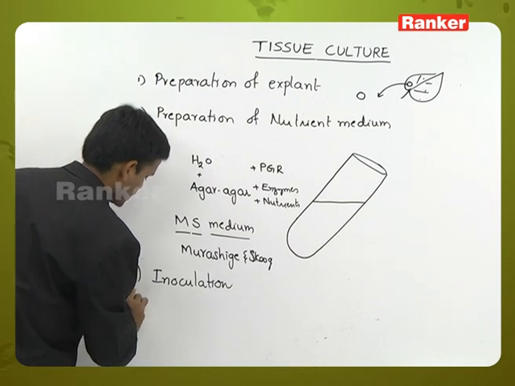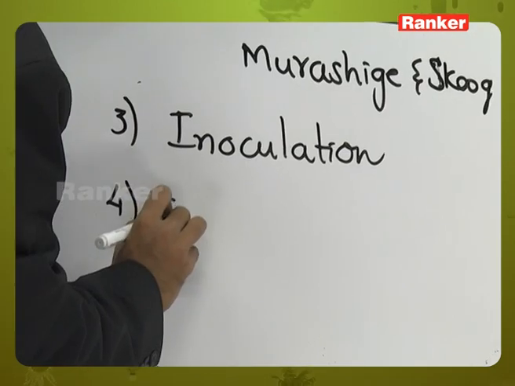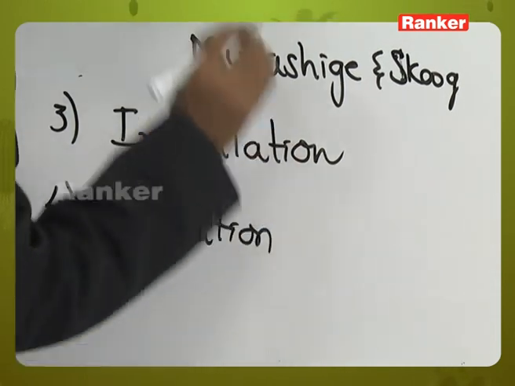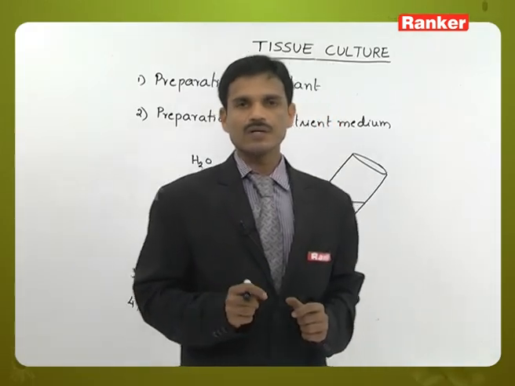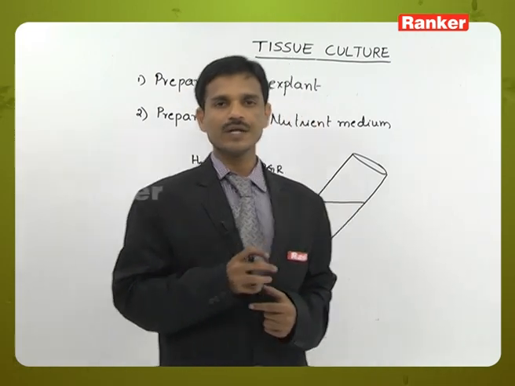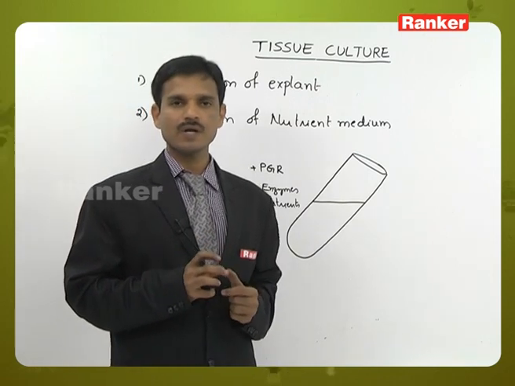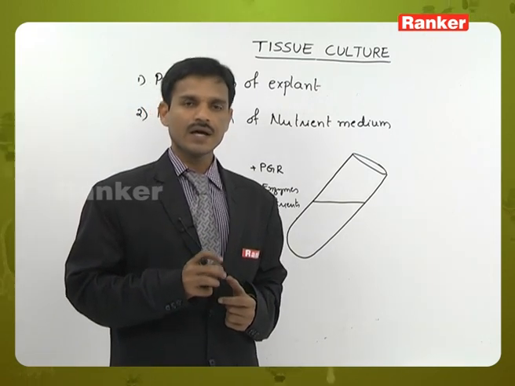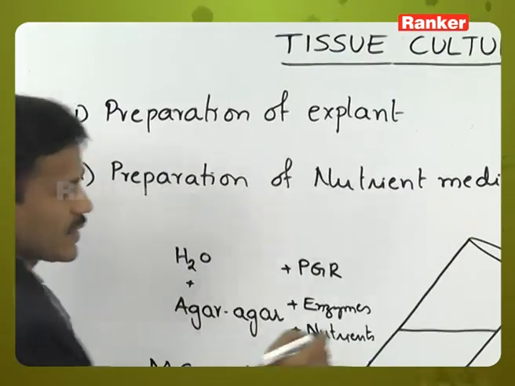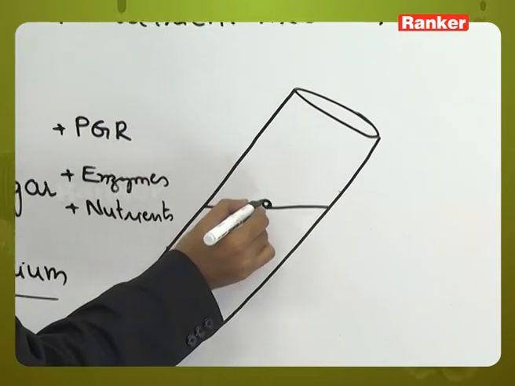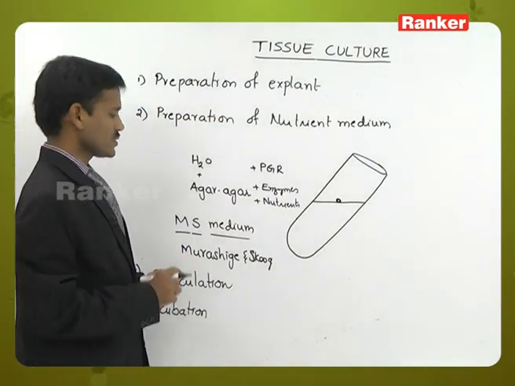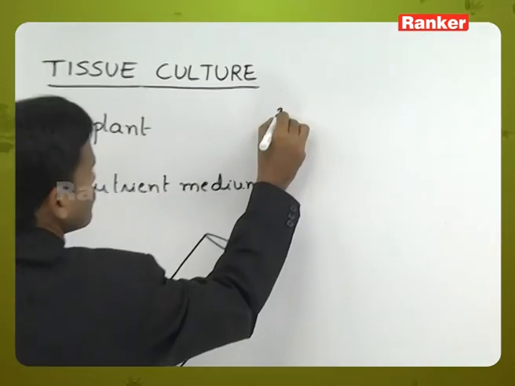The fourth step is incubation. After transferring the explant onto the nutrient medium, it is incubated. Incubation means under suitable conditions of temperature, light and environmental conditions. Here the explant is inoculated, and after the inoculation it is incubated. So, incubation is carried out in